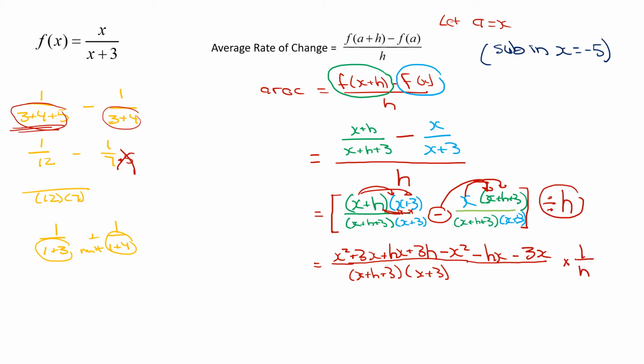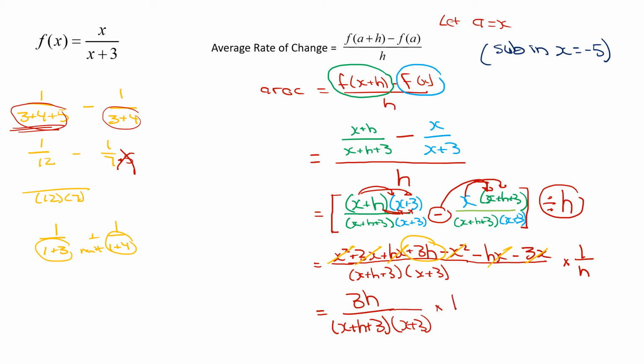Same thing. Okay, look at that numerator there. What can we do? Well, look at the x squareds. They will cancel out. Anything else? The hx cancel out. Anything else? Yes, I can hear you saying it, of course. The 3x's cancel out. What's left? This is it. That's all that's left in the numerator. Awesome. Okay, so that's 3h over our denominator of x plus h plus 3 times x plus 3